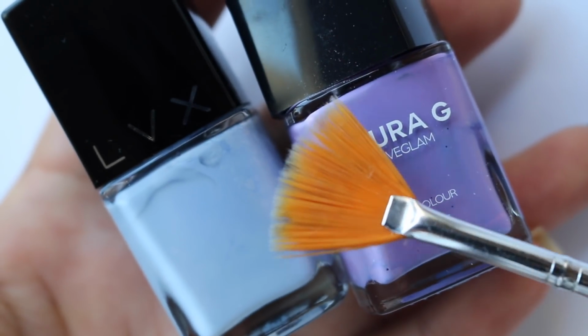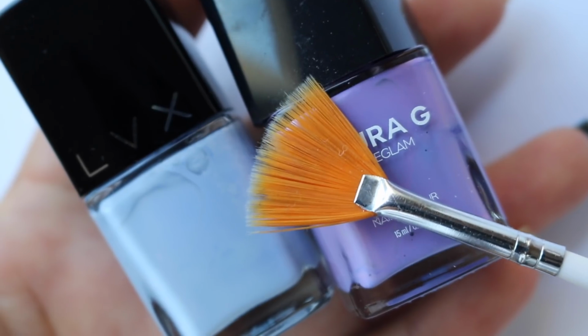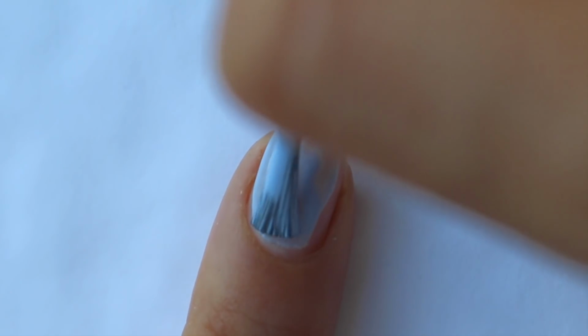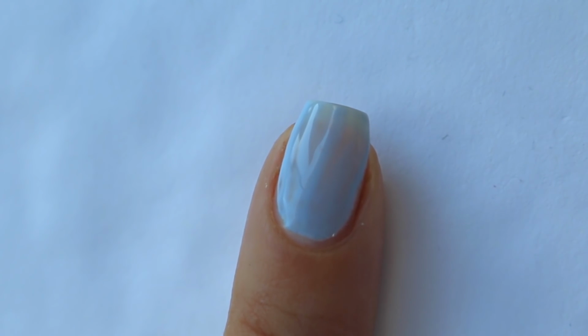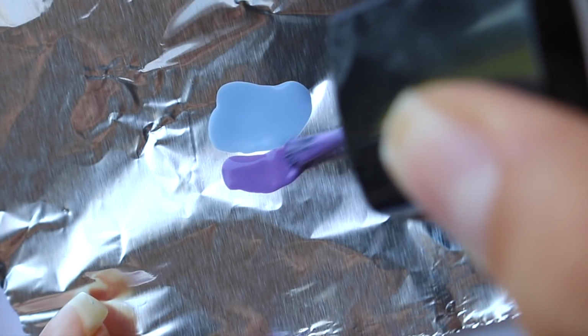It doesn't have the same effect because the sponge is more porous and can apply and hold the polish a lot differently than this brush, but you do still get a similar gradient effect that I will show you right now. What I like to do when I paint gradients is I start with one color of the lighter color, because then at least your base is the same color of one of the polishes that you're going to be painting anyway. So when you're using a fan brush, go ahead and take your colors, just put a drop, kind of how you would on a sponge, kind of line them up like this,